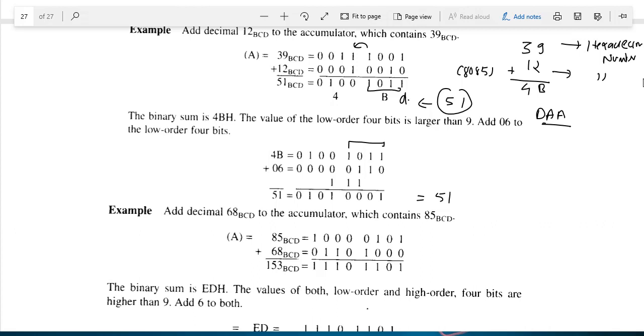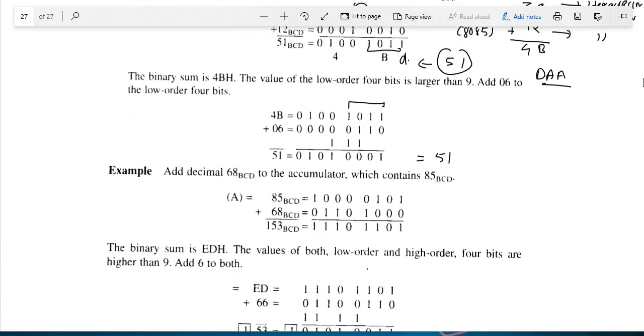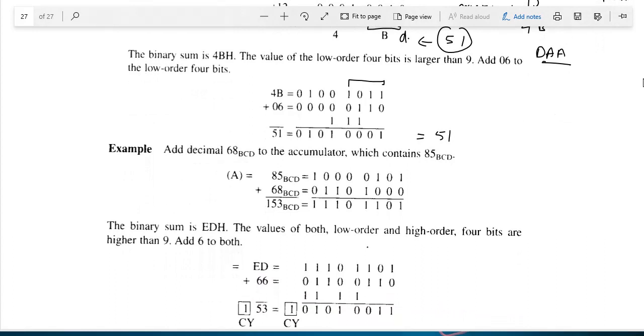Okay. So again we can see another example. Now we will see the next example. I want to add two numbers, that is 85 and 68. For the processor, this 85 is a hexadecimal number, and we want to add it with 68, and for us they are decimal numbers. 85 decimal number, 68 decimal number. But the processor will consider them as hexadecimal numbers. So it will add, and whatever result comes will also be in hexadecimal.